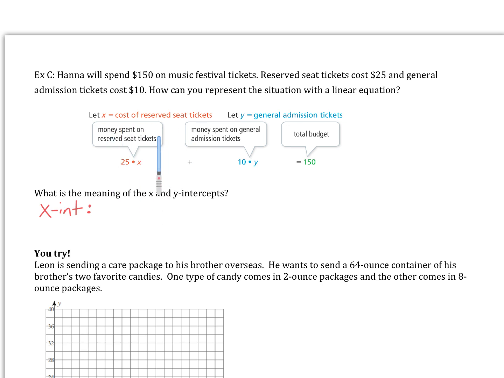And I'm getting only reserved seat tickets if I'm doing the x-intercept, because it's saying that I'm getting only these and none of these. So whenever I'm asking for the meaning of an x or y intercept, it's all of one and none of the other, always, okay? So for this one, our x-intercept meaning would be how many